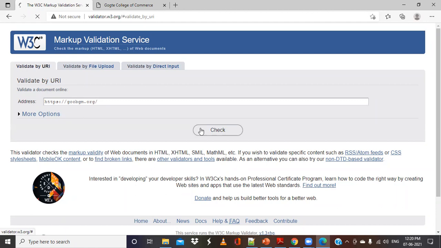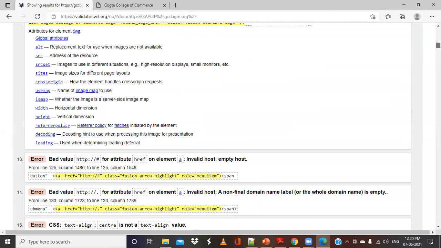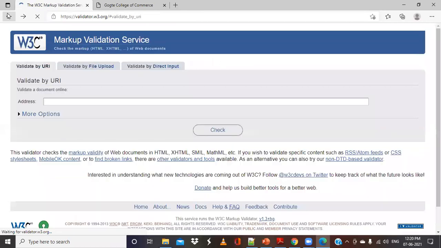Like this, there are methods, but since this is a website, it will take too much time. Are we clear with this, everyone?